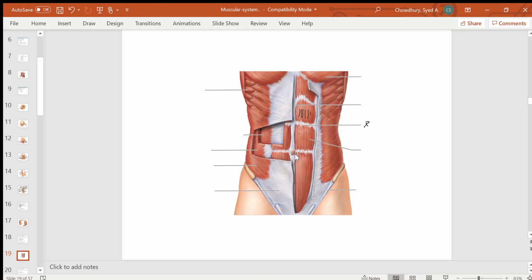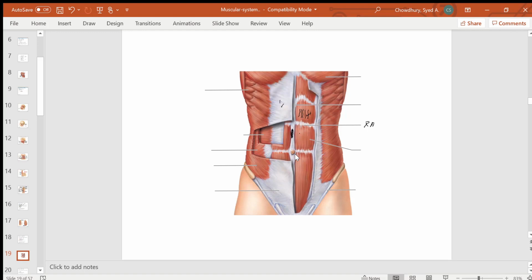Rectus means straight. Where? Located in the abdomen. So rectus abdominis is in the middle of the front of the abdomen. Same thing on this side, but they have removed it. And this muscle makes six packs. And in the middle of this muscle, there is a white